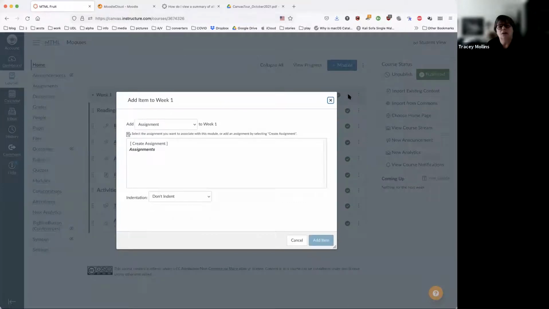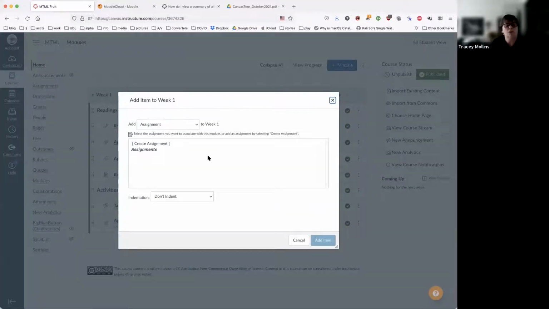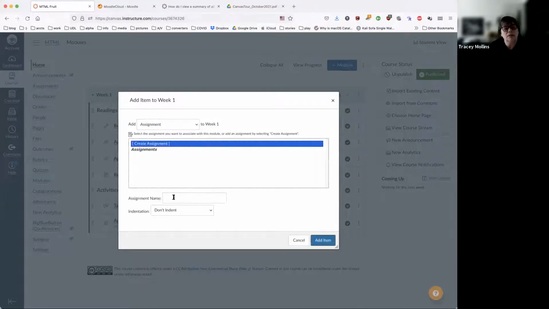The way we add everything into a module is I'll just start again. We'll click on the little plus sign at the top of the module where we want the assignment to be. It's the first one in the top, so you don't have to scroll down. We don't have any assignments yet, so we create an assignment and we're going to call our assignment